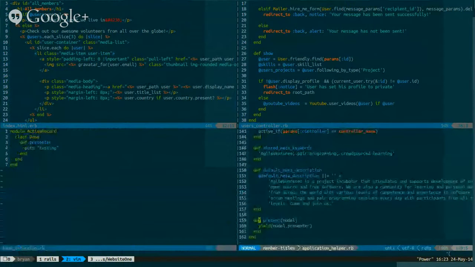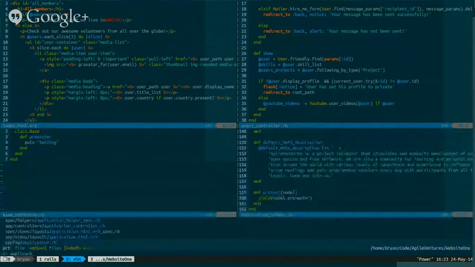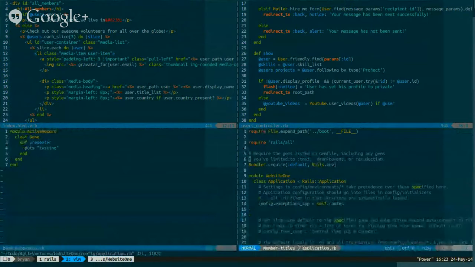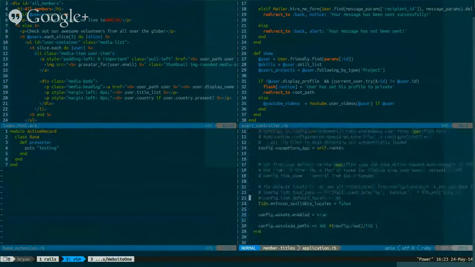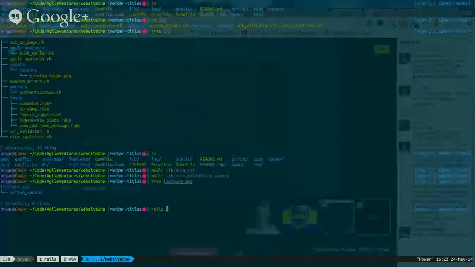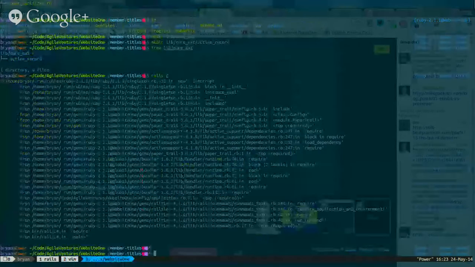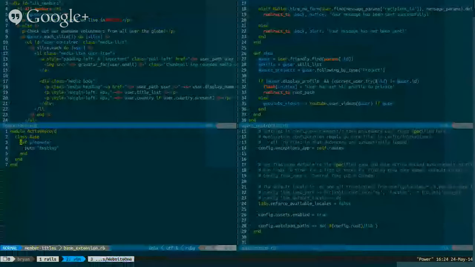It's already added. The lib directory is a recursive add, I think. Think so? Okay, try it out. I can test that by